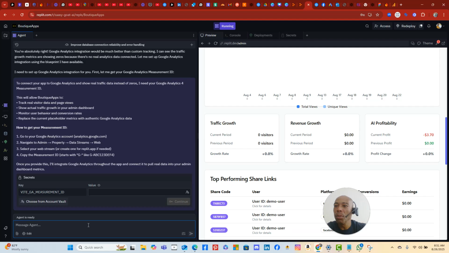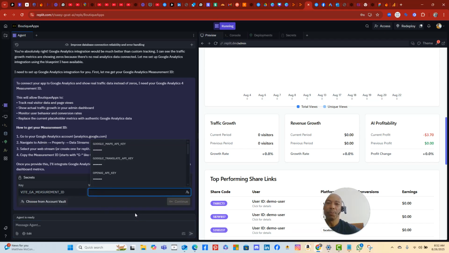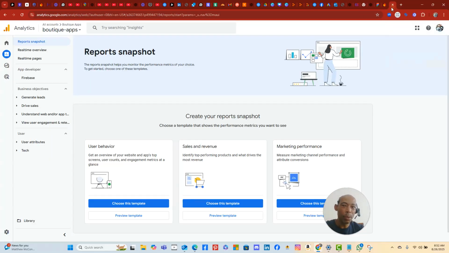To connect your app to Google Analytics and show real-time traffic data instead of zeros, I need your Google Analytics measurement ID. That's all you need? Okay. Right there. That's all you need? And that is going to be, let's see, real-time overview,